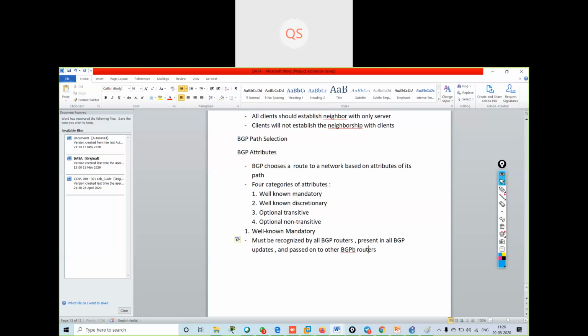Got it? The well-known mandatory attributes are AS path, origin, and next hop.